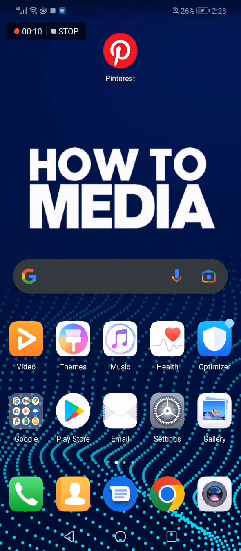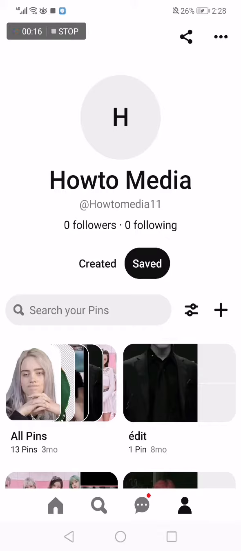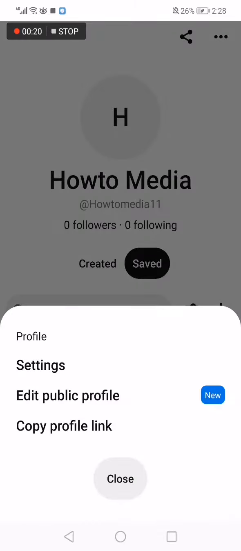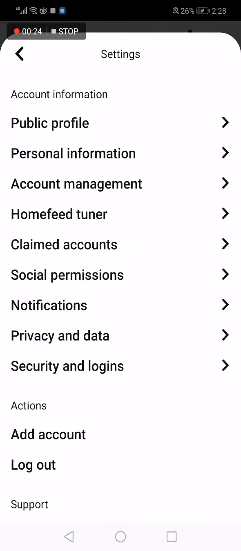So first thing we do is we go to Pinterest, and after that we go to profile and click on those three dots here and click on settings, the first option. And after that, this is the most important part. Click on the third option that said account management,